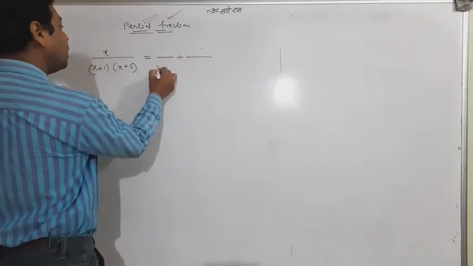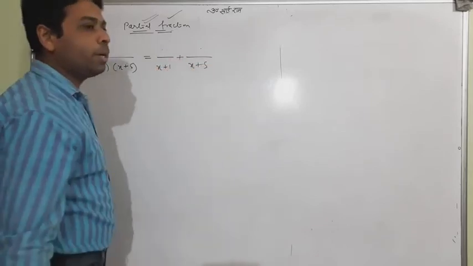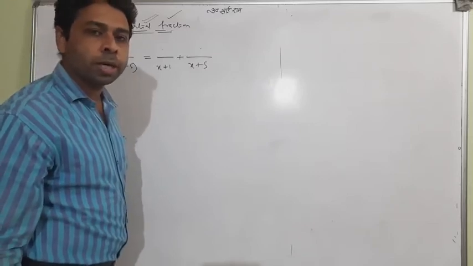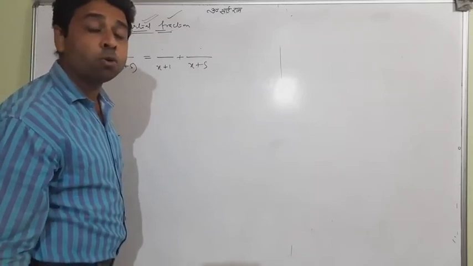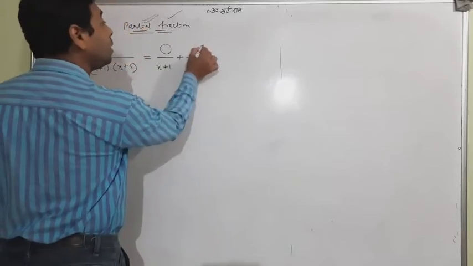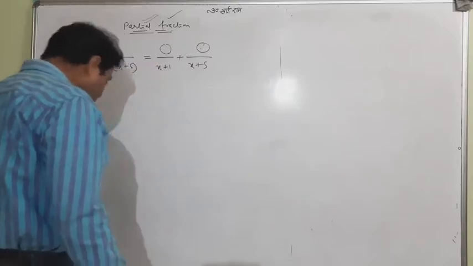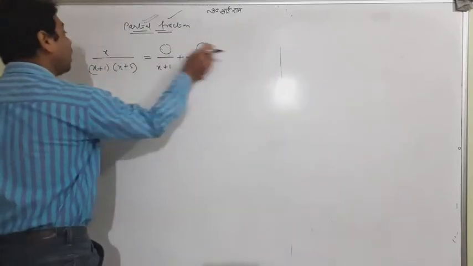So student, let me explain one thing. It is assured that the first denominator part is x plus 1, and the second denominator part is x plus 5, but I don't know the proper numerator. So I have to find this and this, and that is a question mark. So in symbolic form, I tell you that